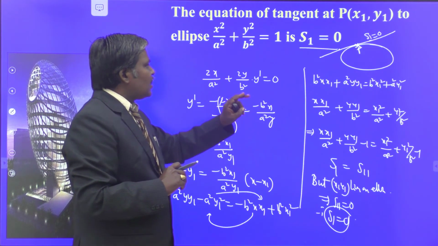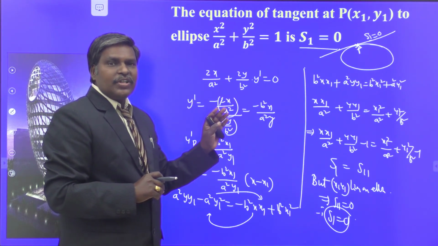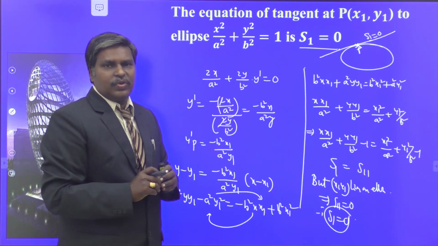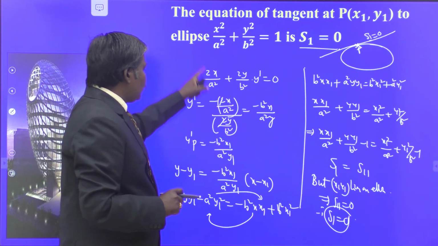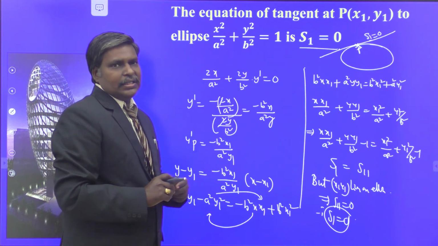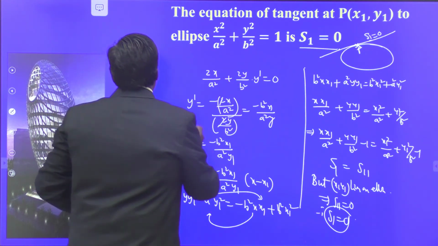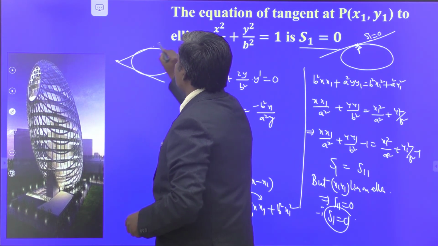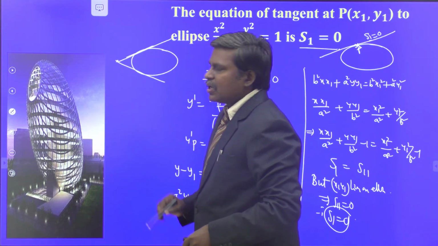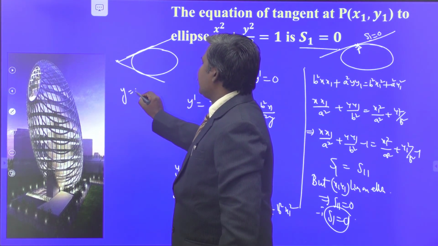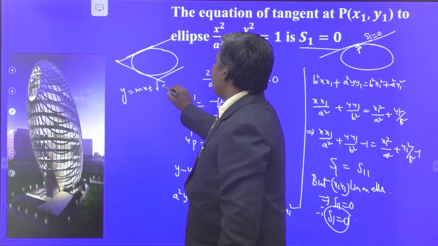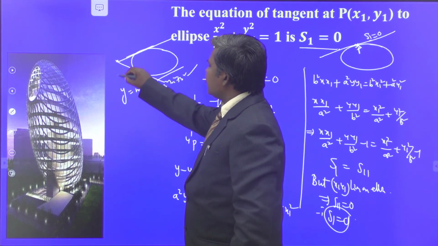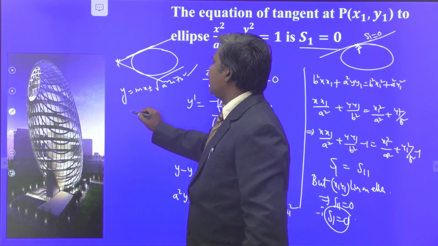Suppose your point is outside to the ellipse. Write the equation of tangents through the point to the ellipse. What you have to do? You can't apply S1 equal to 0. You don't try, because we are doing the story about the point which is on the ellipse. Suppose your point is outside to the ellipse. If you want to find the equation of tangents through that point, what you have to do? Consider the general tangent at that time. y is equal to mx plus or minus root of a square m square plus b square is any general tangent to this ellipse. Now, if it is one of my tangents, substitute the point here itself.